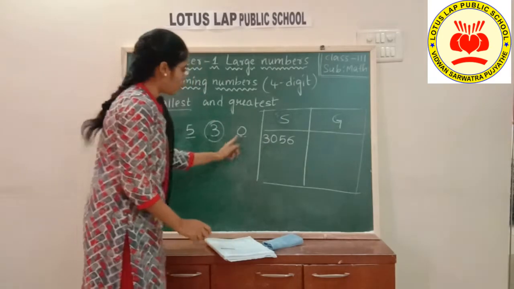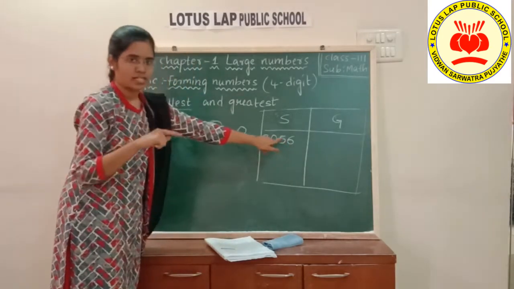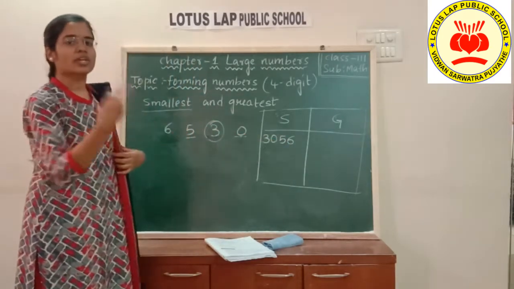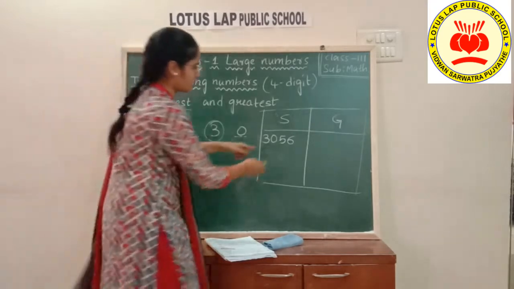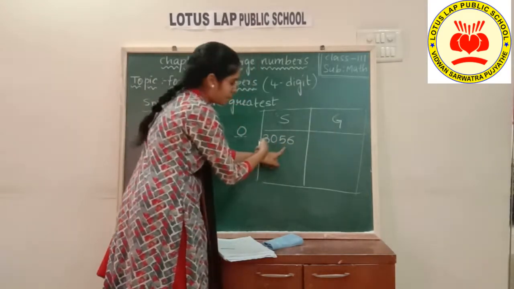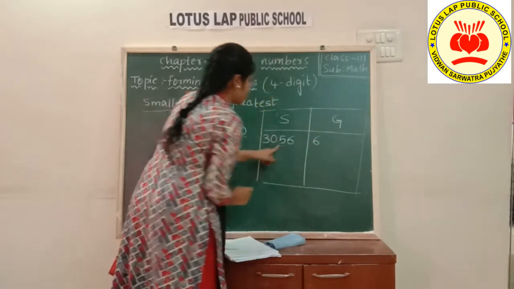3056. Okay. Now we arrange in ascending order. As I mentioned, if you reverse the order, you are going to get the greatest. Now what is the next greatest number? Yes. 6,